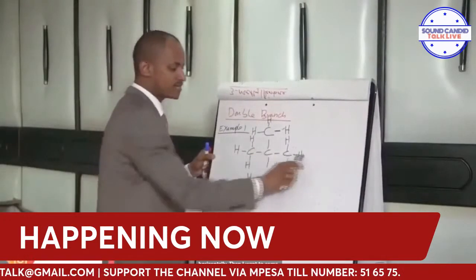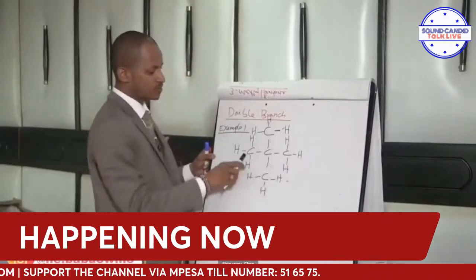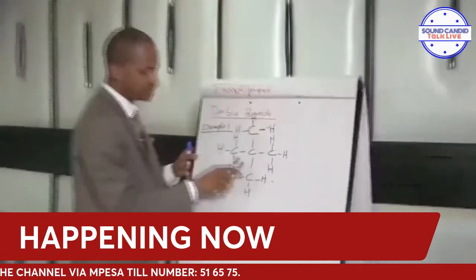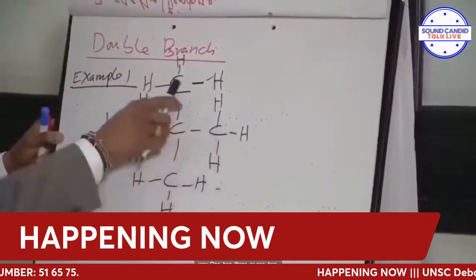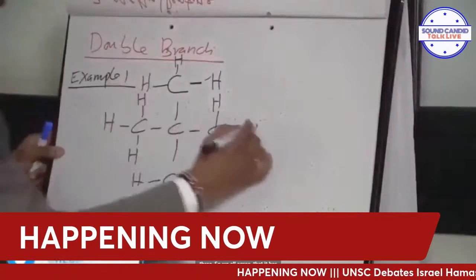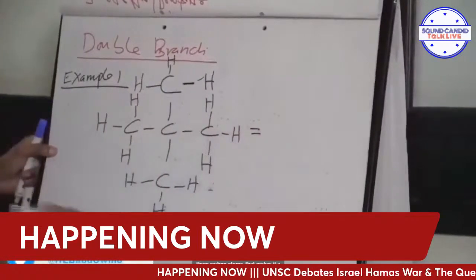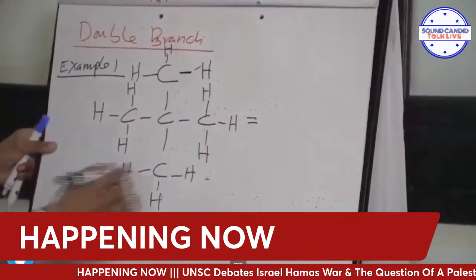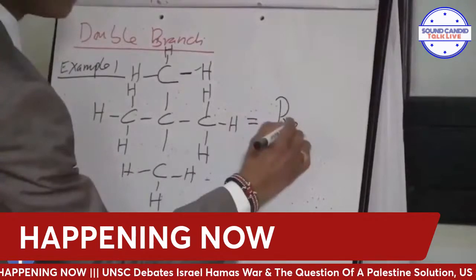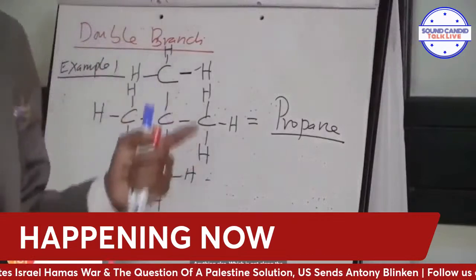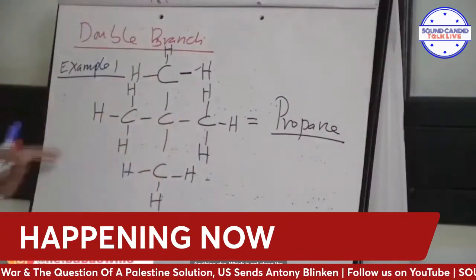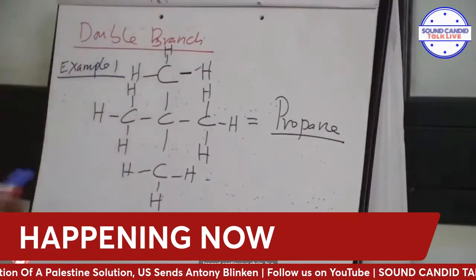I've started horizontally. Then I want to come this way. 1, 2, 3. Or I go this way. 1, 2, 3. Or I go this way. 1, 2, 3. So we all agree that it has 3 carbon atoms. That makes it a propane. Then same rules, anything else which is not along the longest continuous chain is a branch.